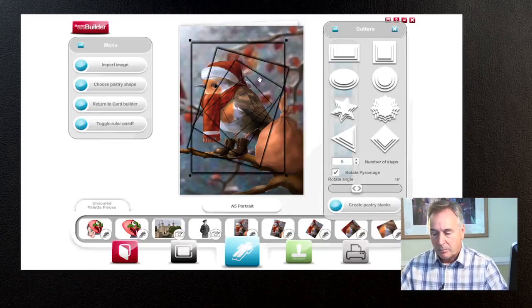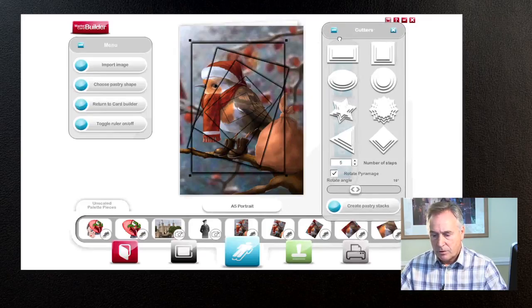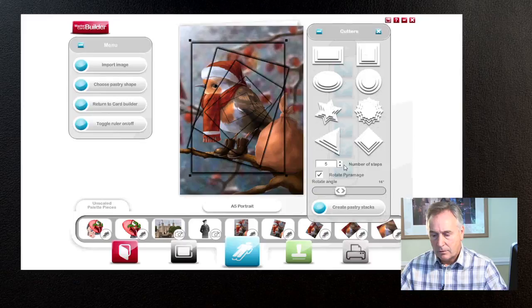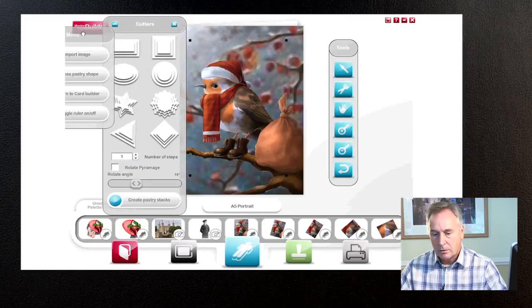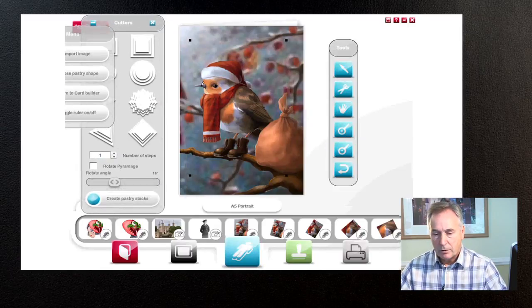Now that we've created the pyramid shapes, we can also look at doing our decoupage. So if I just reduce those numbers down again, take the twisted out, I can go to the other side, and you'll see here a pair of scissors. Now that pair of scissors allows you to do your own decoupage. So you can just choose a point anywhere on the image, and you can see how I can very quickly go around the image, and every time I click with the mouse I can leave a little red dot, little tracer dot,